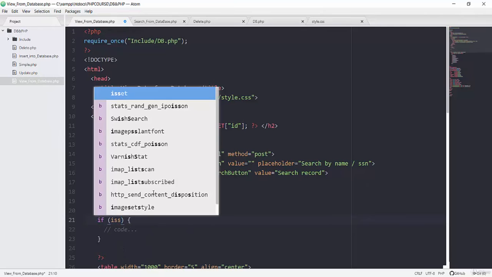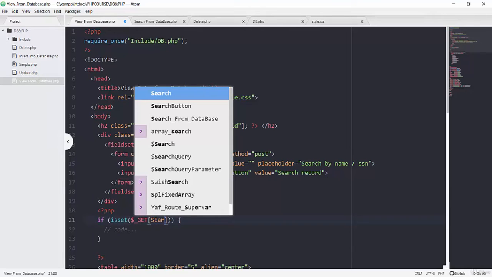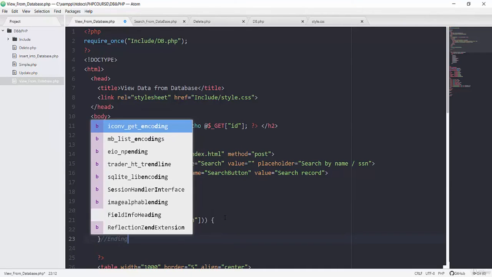So I will say that if this search button, this input field is set, so by using the super global of get, I will say that if this search button is active, then you should perform all of this code. So let's also add the comment here. So ending of